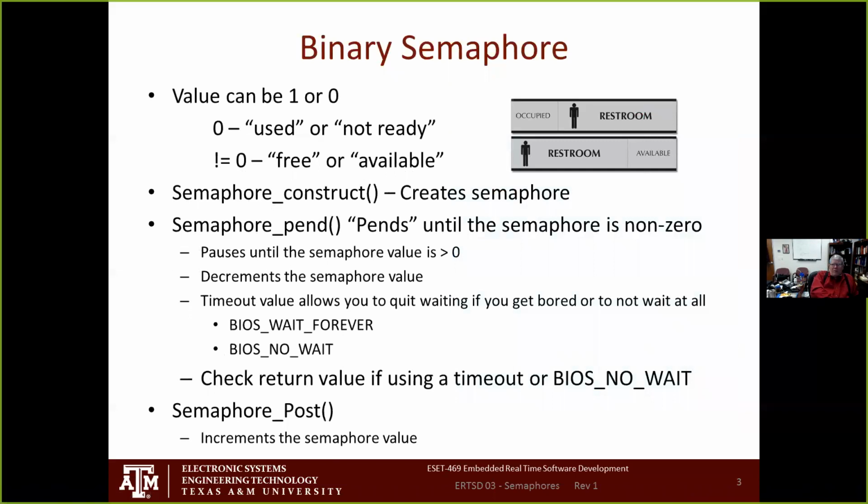So let's talk first of all about a binary semaphore. As implied by the name, a binary semaphore can have a value of either 0 or 1. A value of 0 means that it takes on the meaning of used or not ready. And a non-zero value has the meaning of either free or available. So in the Texas Instruments kernel, there are 3 primary functions we're going to use